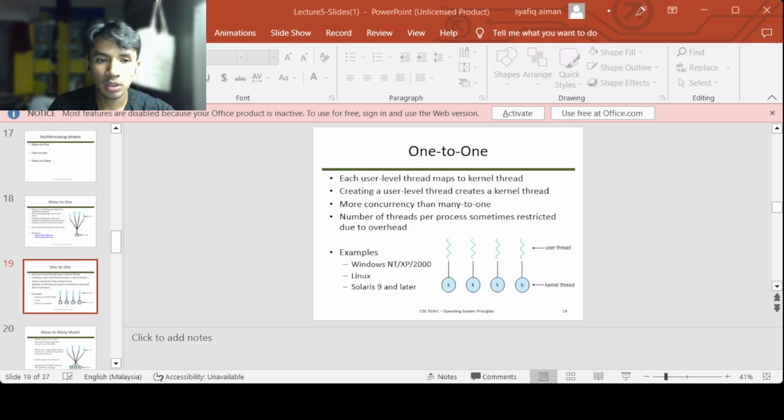So for the next one, the one-to-one model. In the one-to-one model, the number of kernel level threads is equal to the number of user level threads. Each user level thread has exactly one supporting kernel level thread, and each kernel level thread supports exactly one user level thread. If we use the one-to-one model, we cure the problems of the many-to-one model. Now, if one user level thread blocks, the others don't have to block. And also, user level threads can operate in parallel on a